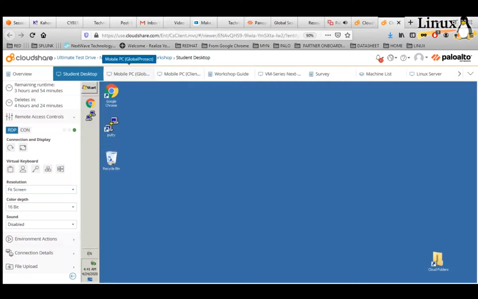There's the mobile PC, which will act like an end user that can be used to test the Global Protect VPN solution. There's the mobile PC which we'll use to test the functionalities of the SSL VPN, which is clientless and that we normally use to consume software as a service applications, which can be published on the portal.